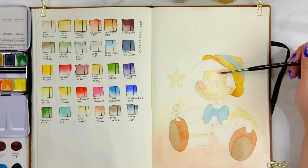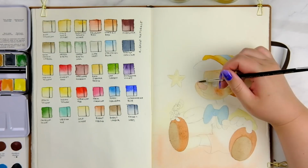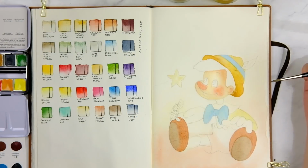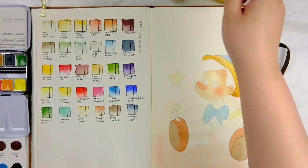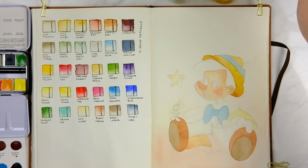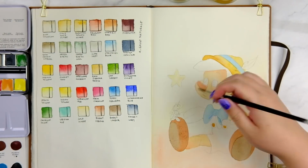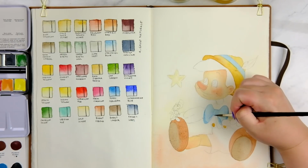So I'm picking a few of the colors from the natural set, mostly the ochres, and then the other ones are mostly the synthetic colors because they're a little bit stronger and brighter. I'm diluting them a lot just to get small, soft washes instead of really heavy washes, because I want more control of the color, and I want to build it